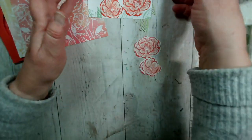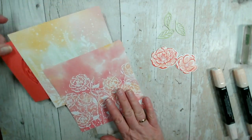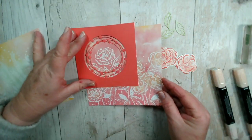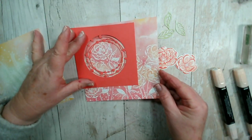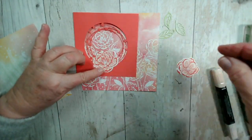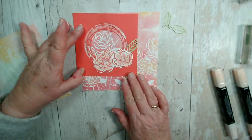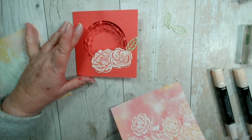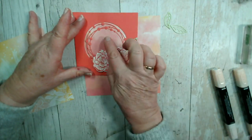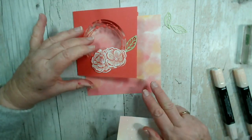Let me move these out of the way. So I've got some leaves and I've got a couple of flowers. So I just need to decide what I'm going to put behind here. So I can either put some flowers like that with these behind and some leaves, or just a plain piece. Actually I could stamp a sentiment there as well, or